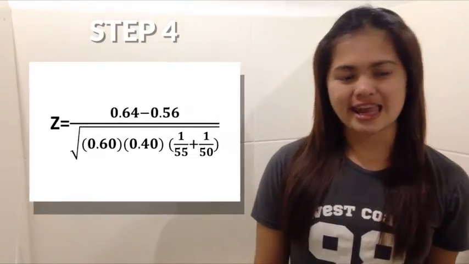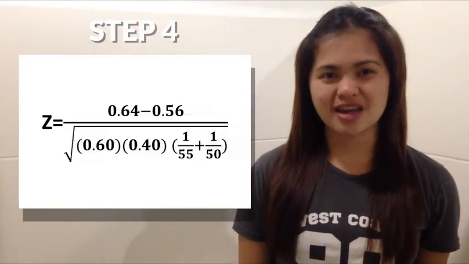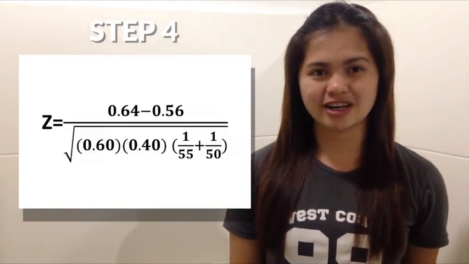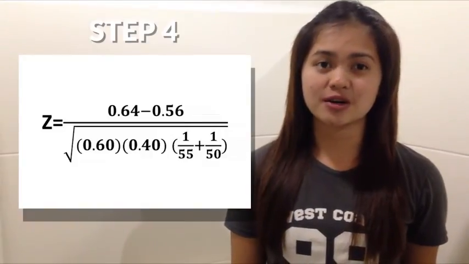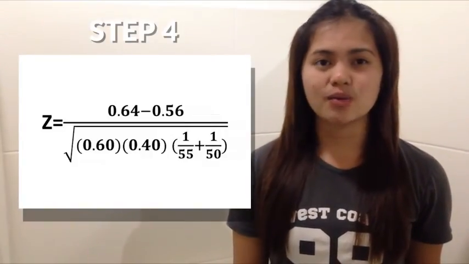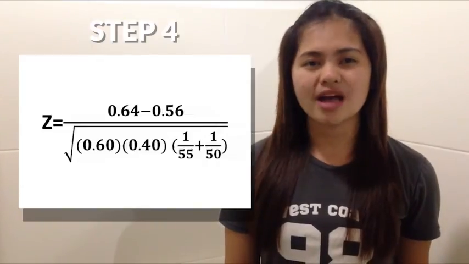And n sub 2 is the sample size of the second sample. X sub 2 is the number of successes in the second sample. And p hat sub 2 is the proportion of the number of successes to the number of samples in the second sample. For our example, for the two sample proportion, we will substitute the given. So it is 0.64 minus 0.56 all over the square root of 0.6 times 0.4, quantity 1 over 55 plus 1 over 50. So we have